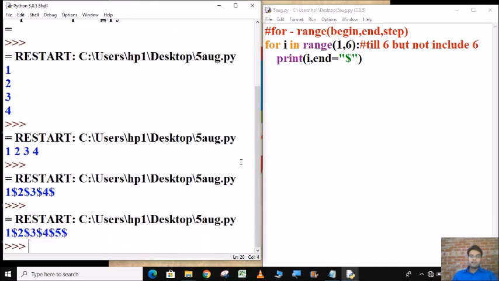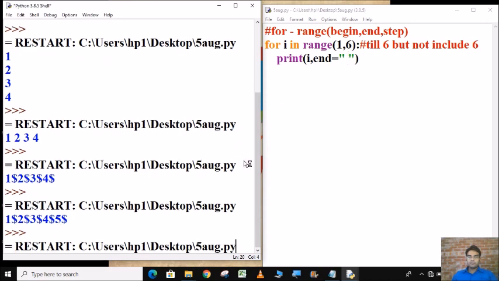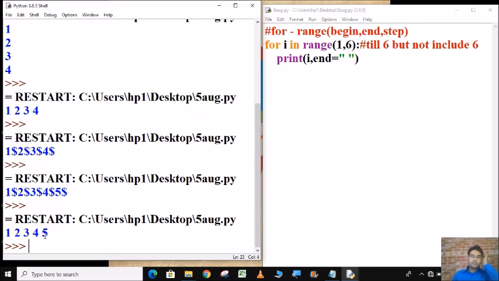So run module. See, 1 2 3 4 5. Numbers from 1 to 5 are printed. So this is the first way. In this, step is not defined, so it will simply print.